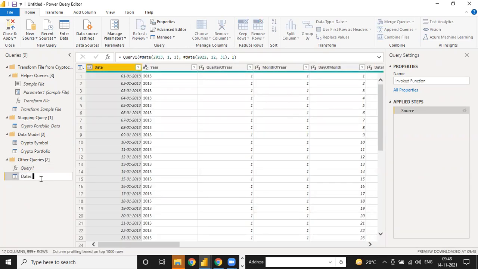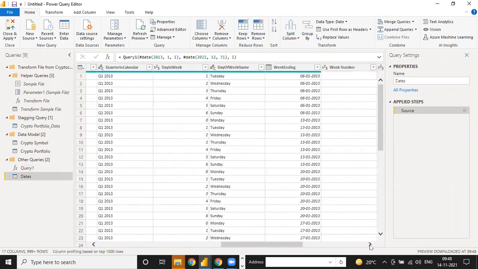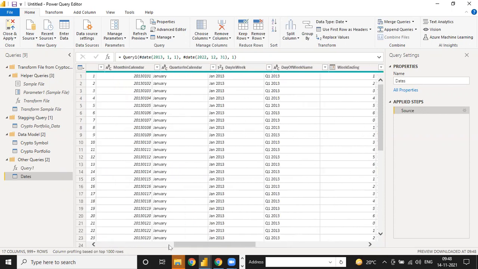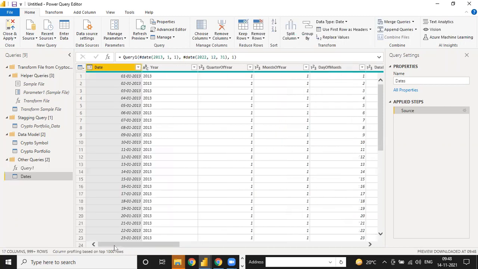And you can just write it here as dates. See, your date, year, quarter of year, month of year, days of a month, everything you need comes with this date table function. Right now it's just small. I will give you many more functions and examples of this date table. And for this ultimate date table, we have a separate session in which we will cover only the date table, because the date table is very important for our complete Power BI.